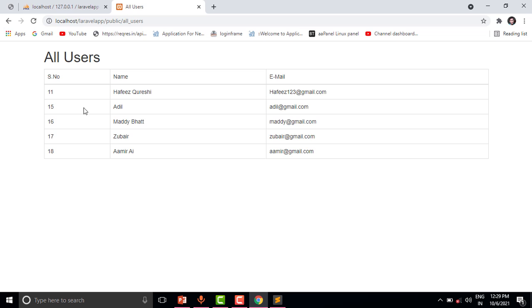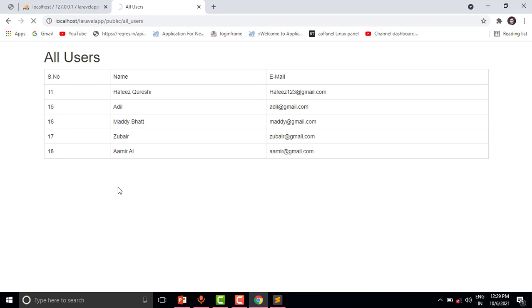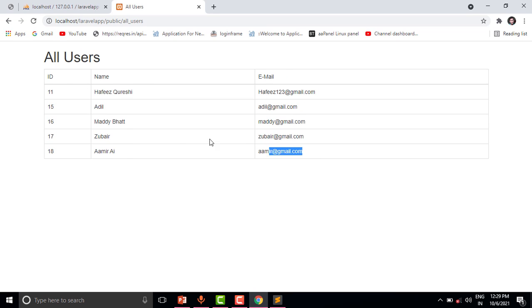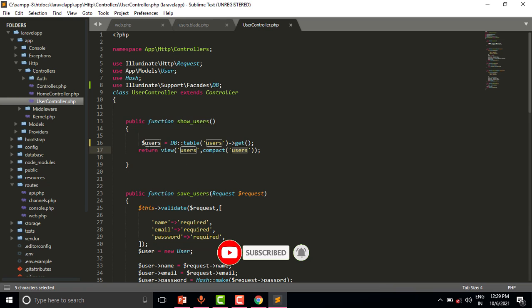Now you can see we are getting all the users ID, name and email. You can see we are getting all the users. So we can see we have used the query builder.